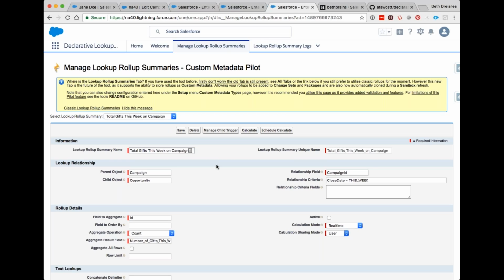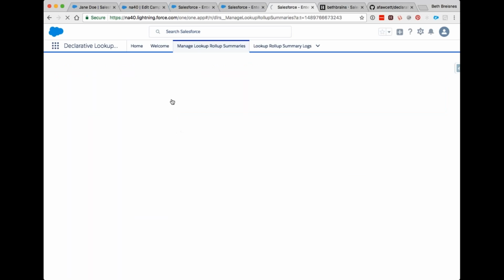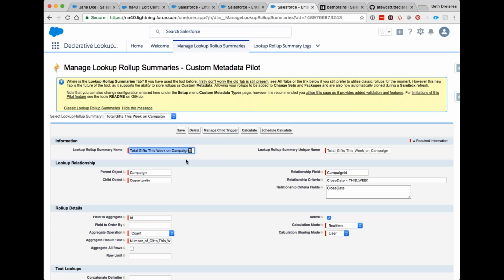I literally have not hit save on this one yet because I was just setting it up as Andy was talking. Okay. So if you want to, we can do one more. I can hit active, and I've got close date equals this week. This is another common one where from a campaign, I want a count of gifts that have come in this week. So this is where we were talking about the overnight batches to count relative date ranges. So in this case, our date range is this week,